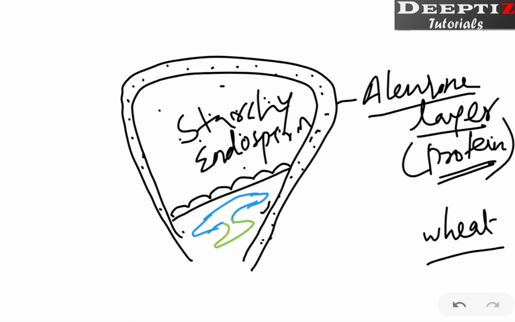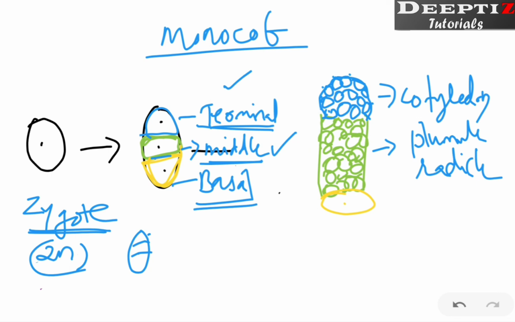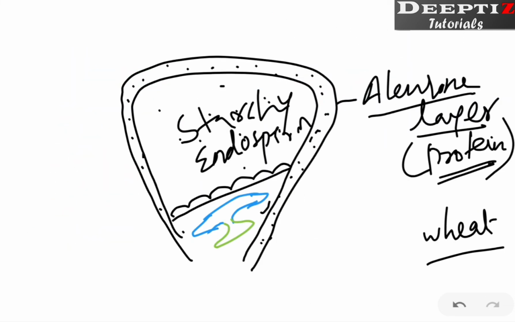So we know that there is endosperm, right? If you look at this diagram, you can understand what this complete structure is going to become. We are talking about the zygote, right? This is going to become this structure. Now there is endosperm also. We have seen the types of endosperm development. Now within the endosperm there will be this embryo.